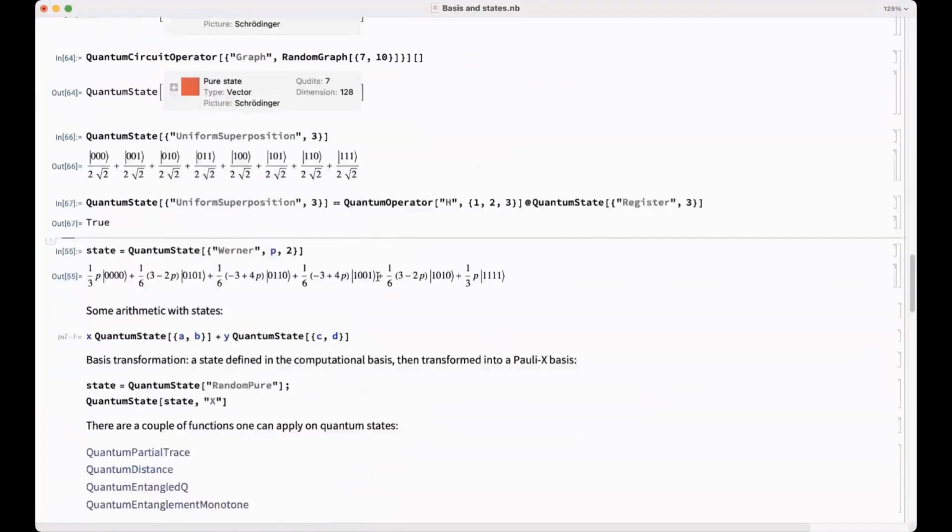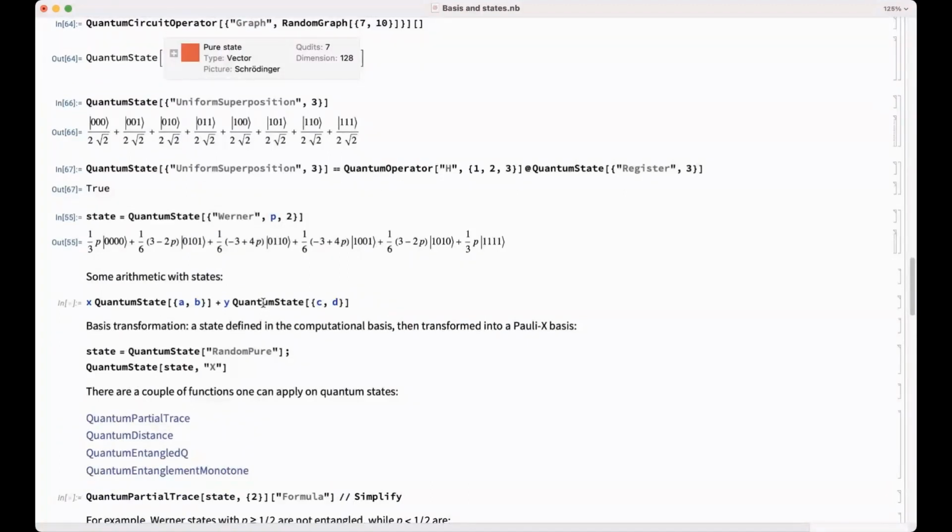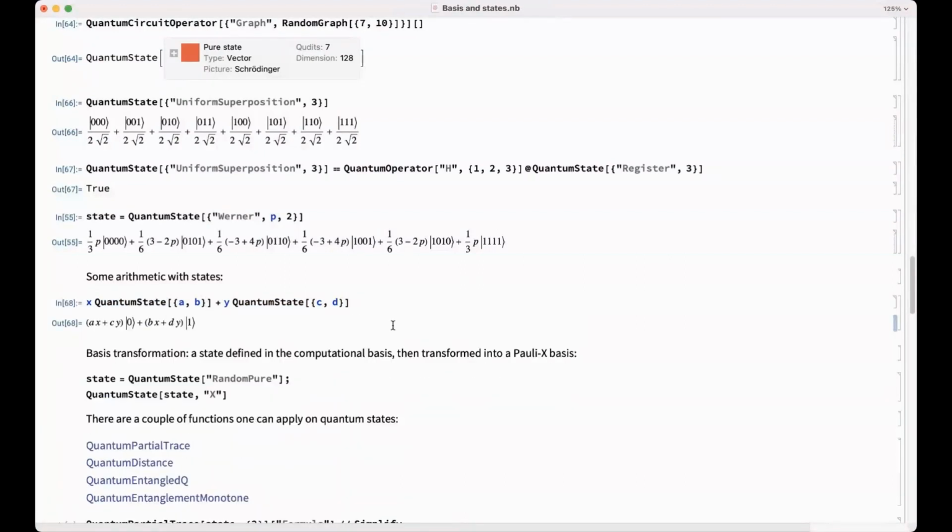All right. So now I'm going to tell you what you can do with the quantum states besides just creating them. Some arithmetic works, so you can multiply quantum states by some coefficient number, just symbols, because everything is symbolic. You can add them up, and you get a resulting state, which is what you would expect it to be, right? For people who like nice notation, if you want to show the state in the usual mathematical notation,